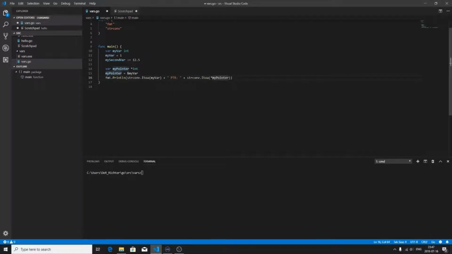But we need to dereference the pointer, right? So by dereferencing, we are saying that we want to go to this memory address and we want to get whatever it's pointing at, not the address of this variable. We want to get the actual value that is contained at that address. And this is just like in C. It's the same syntax as in C. So if we compile this, we can actually see, we can show by running go build and then running var, so we can see that it's,